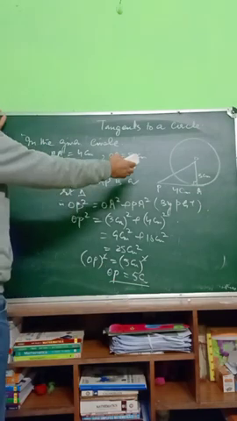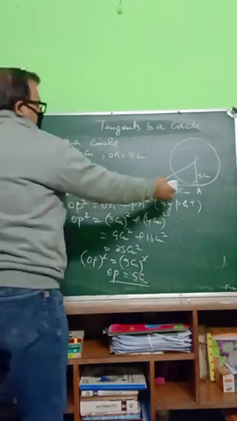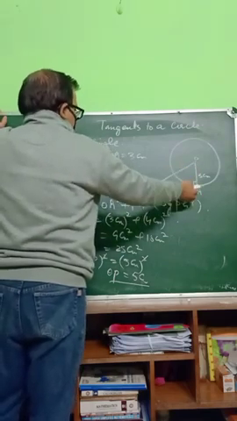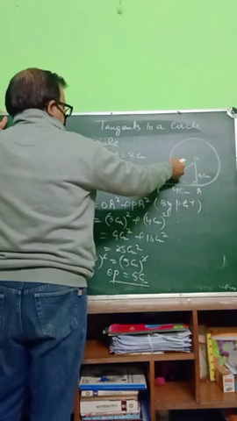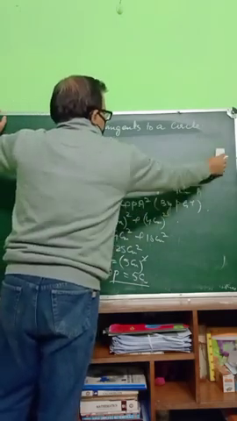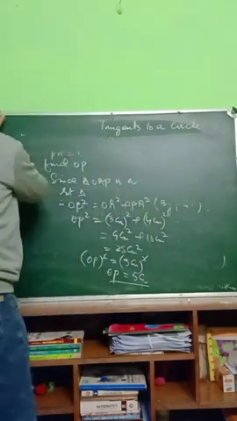So, on the basis of this, if this is given and this is given, we have to find the radius. Same we have to do. Or this may be given, this may be given, and we have to find the length of the tangent. So, we can do those by Pythagoras theorem only. Now, next sum.